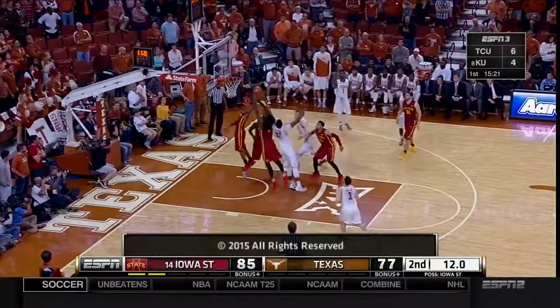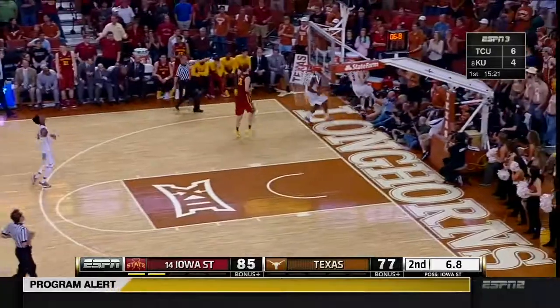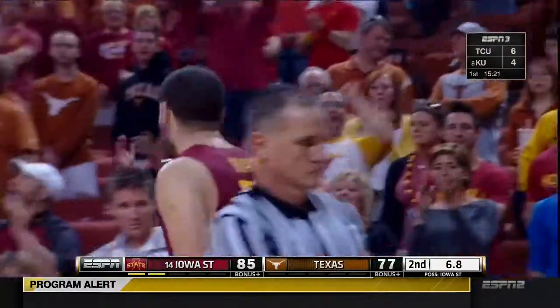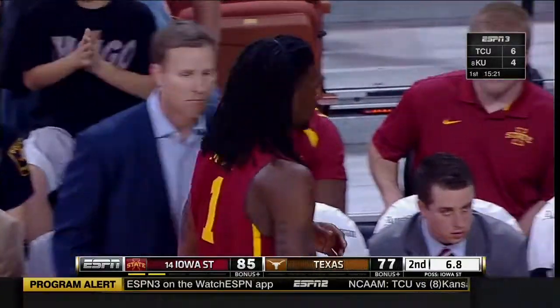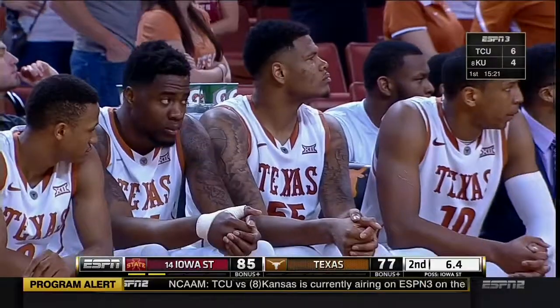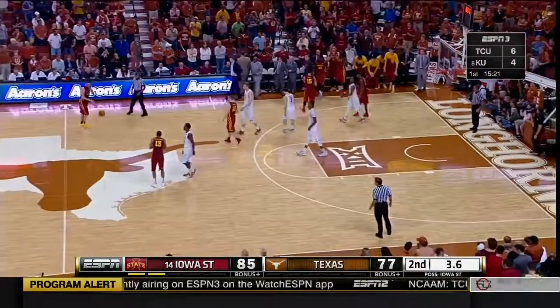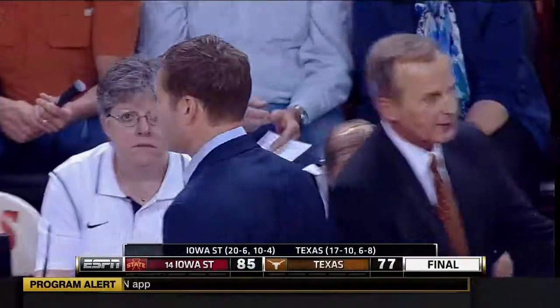Here comes George Niang. And Felix knocks it out of bounds with 6.8 to go. Iowa State is going to win 2 straight on the road in the Big 12 for the first time since '06. Not easy to do. They've done it at Oklahoma State and at Texas. And they stay alive as they try to stay within striking distance of Kansas for the regular season Big 12 title. Iowa State holds on to win in Austin, 85-77. They got the monkey off their back in Stillwater, and now this is